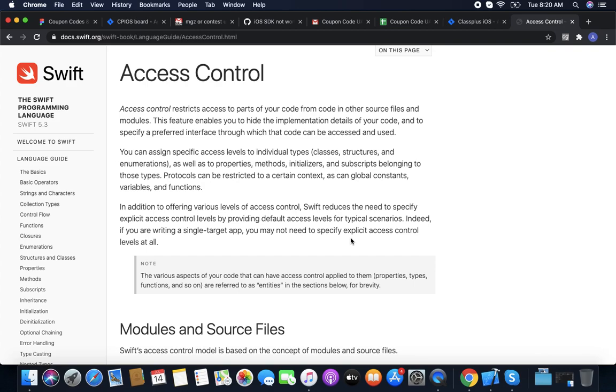So basically, we can control the access, as the name says, access control. We can control the access of functions and variables of a class, meaning the properties and the methods of a class. So why are these used? If you write any class, there will be some properties which you want to hide from another person who wants to use this class. So you need to control their access.